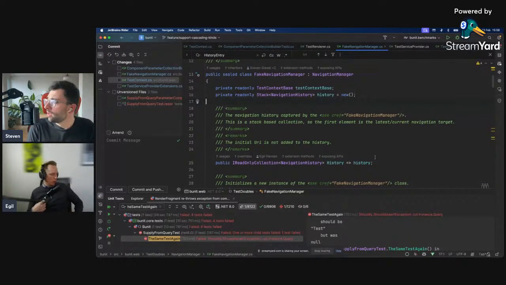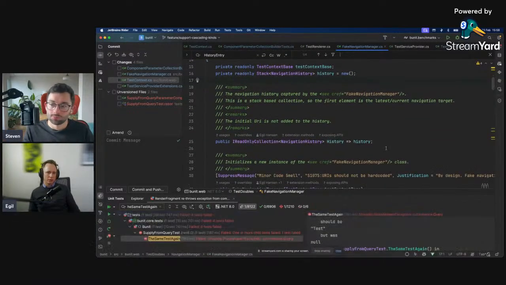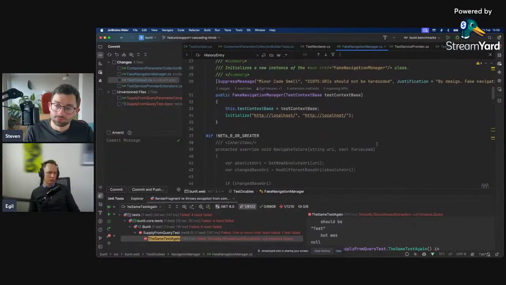Okay. Or you could take it one step further and create a builder pattern where you explicitly say, I want to have this URL, similar to what, I'm sorry, I'm gonna butcher that name. Well, it wouldn't be called render, right? But it would be called navigate to, and then you have the whole component builder type. And then you would have a builder like you have with render component, where you can explicitly target and then get the right value and all of that. But I think for now,